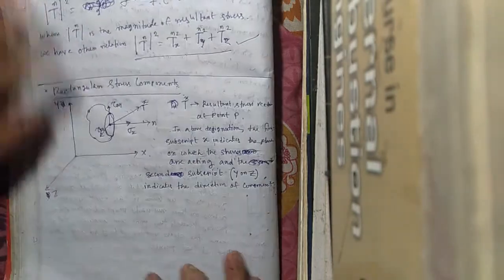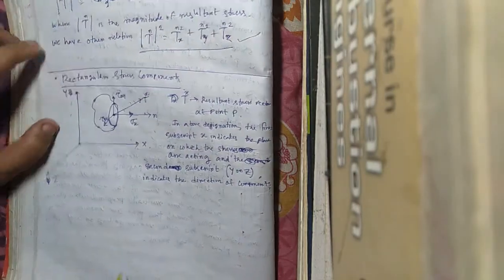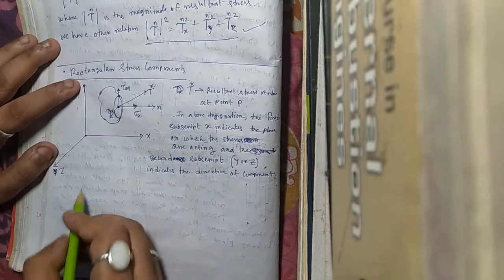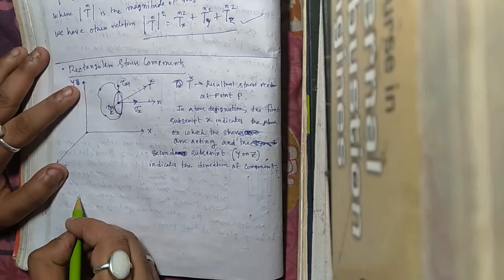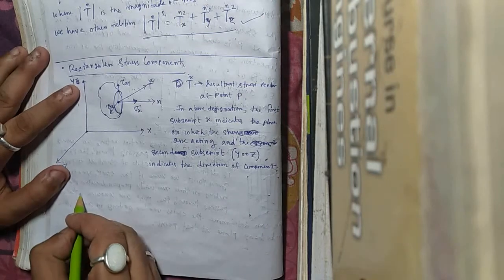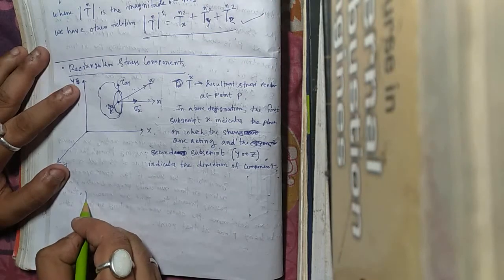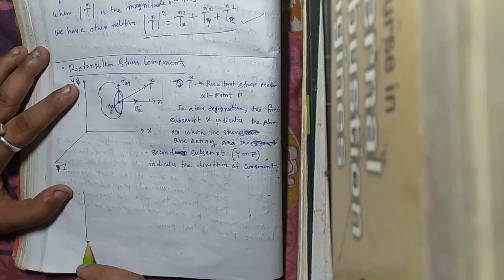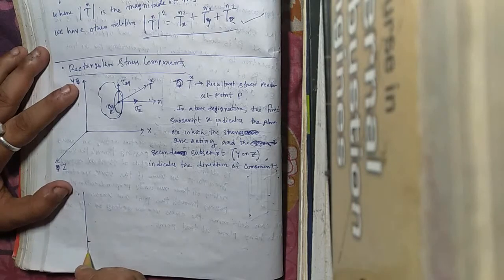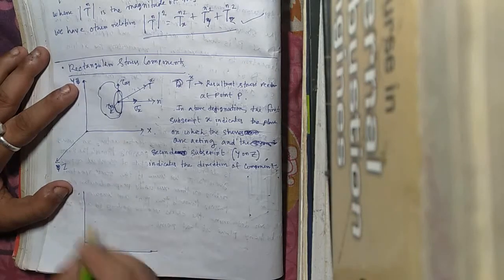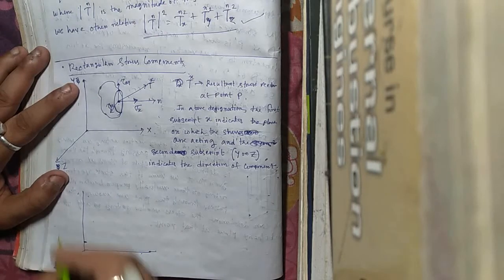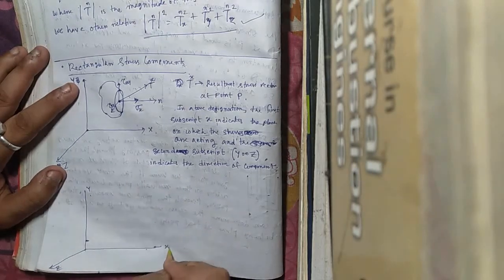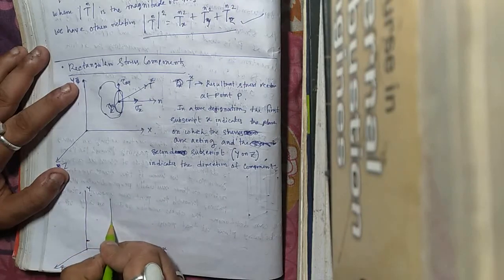Now we have to draw those three mutually perpendicular stresses by using the diagram of a cube. This is the x-axis, this is the y-axis, and this is the z-axis. Z, y, x. So if I draw a cube,